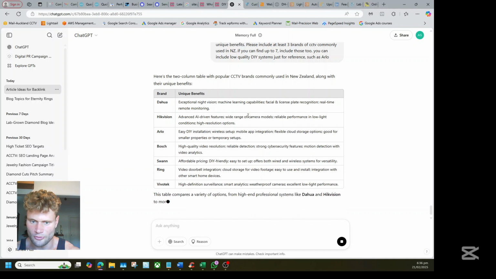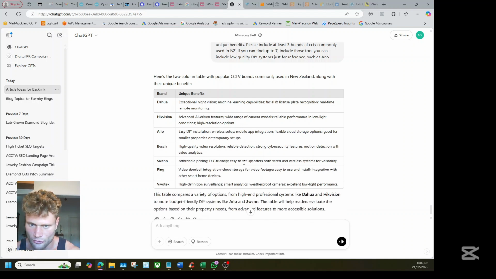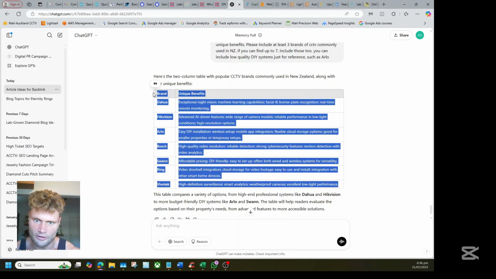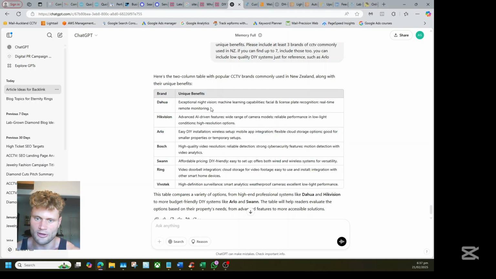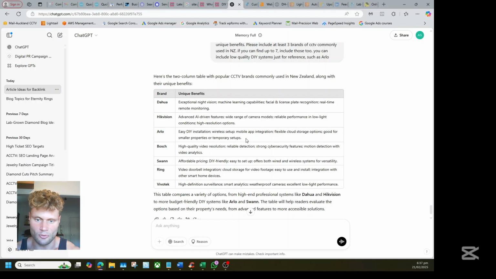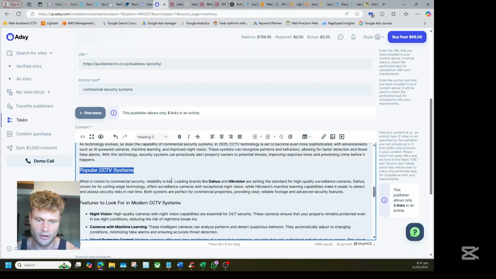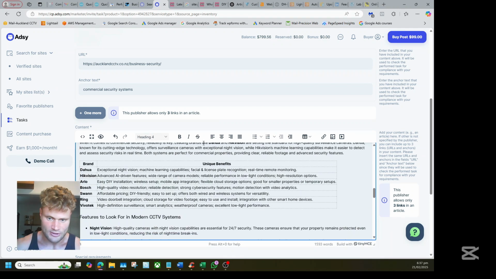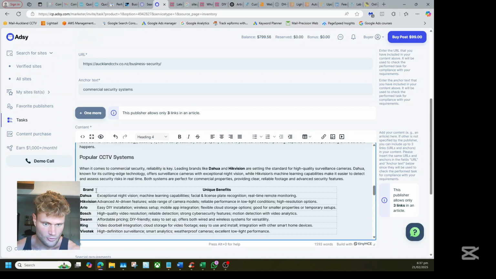Okay, sweet, sweet, sweet. Cool, cool, cool. This is good. Bosch, Swan. Okay. We don't really need to read into this too much. If I was really writing this for people to read, I would really focus on these 2, because that's something I can offer quite easily, and they're good high quality systems. I would make the rest of these more or less sound like crap, but I don't care too much. This is more just to make the article more quality. So there's the table. Sweet as.